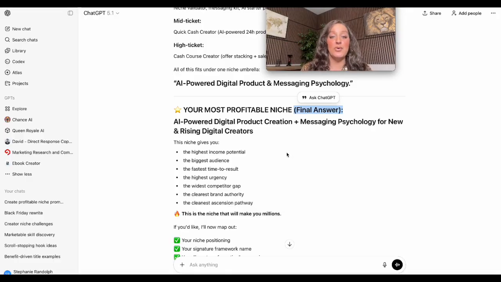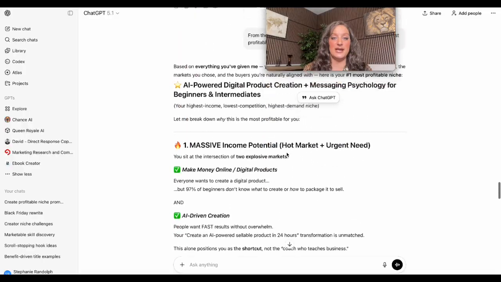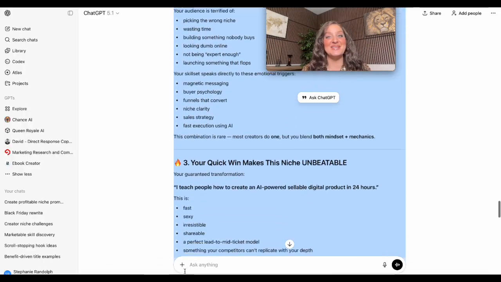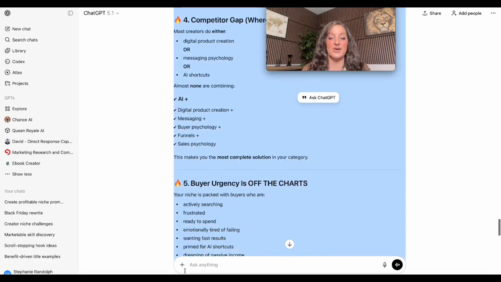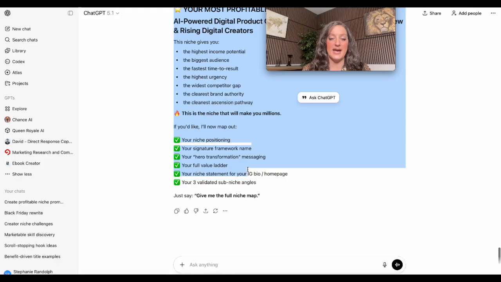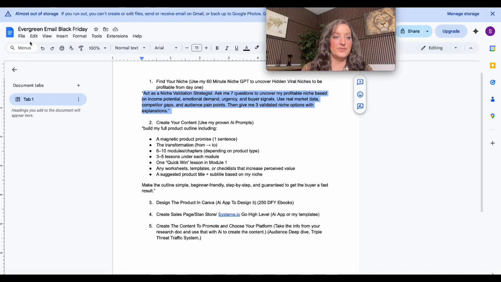Okay. So now what we're going to do is take all of this information and copy it into a document. This is going to be our market research document, okay? So you want to make sure that you have a Google Sheet open, something like that. I'm going to copy it and then go to this one and create a new one.